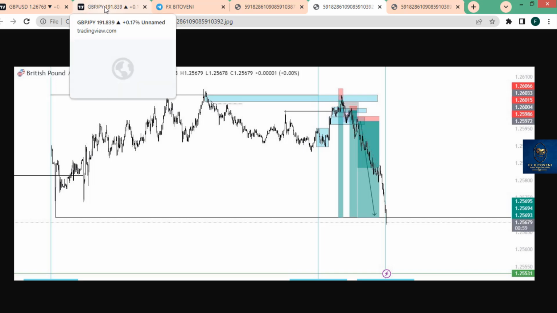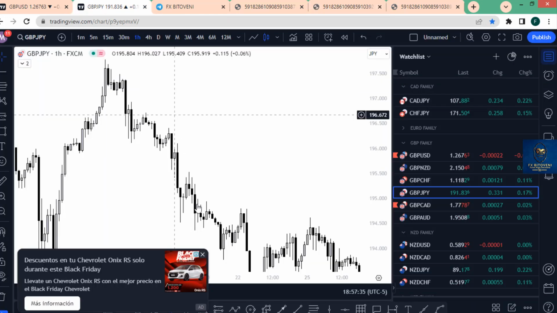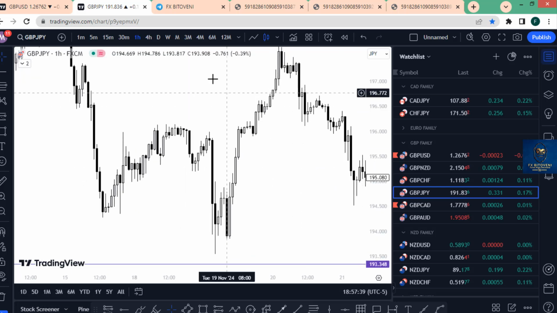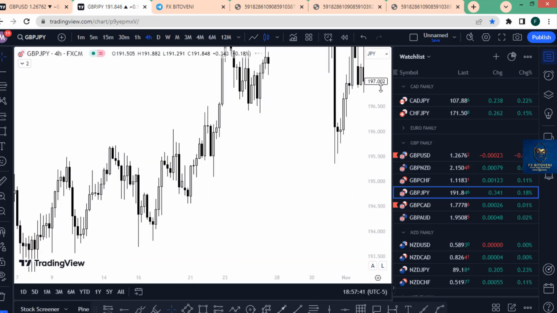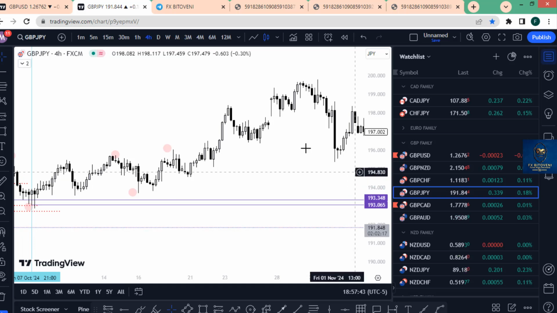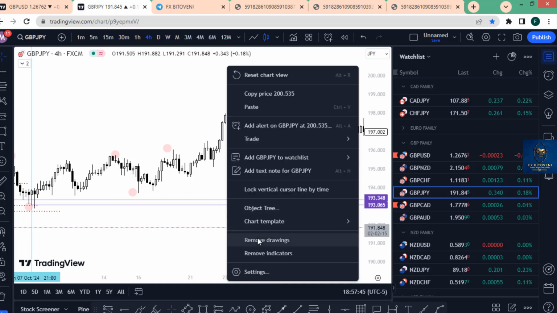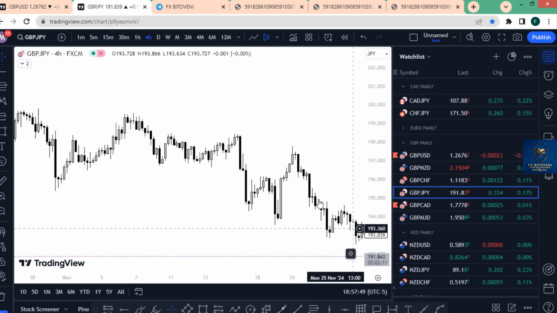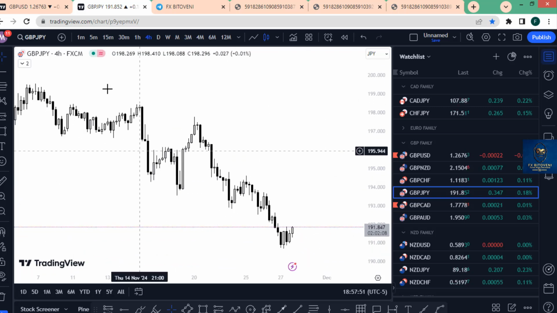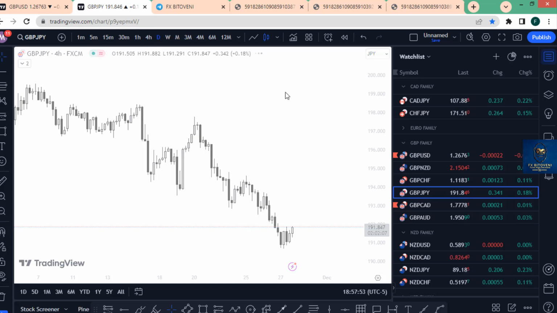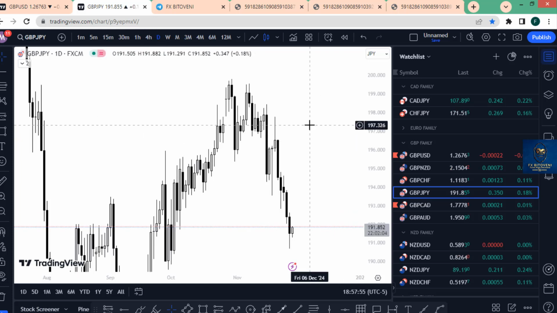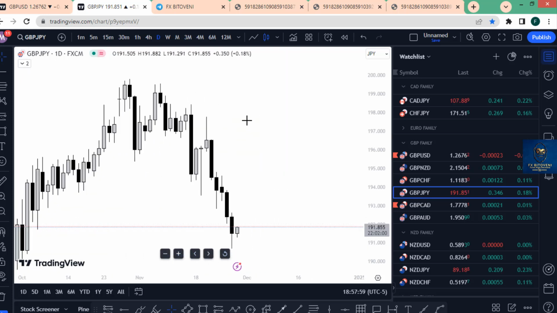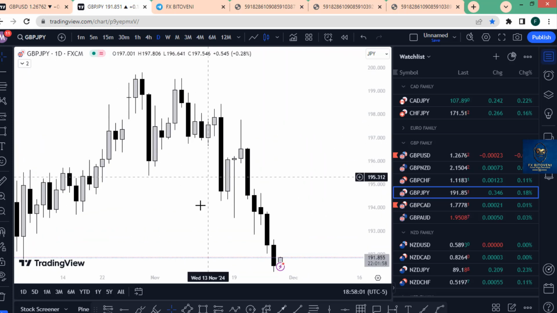Now let's talk about GBPJPY so that you understand. So let's go to 4 hour time frame. Let's go to our 4 hour time frame, and I will show you possibly, let's check daily. Yes, exactly, daily. This is daily time frame. On the daily time frame,